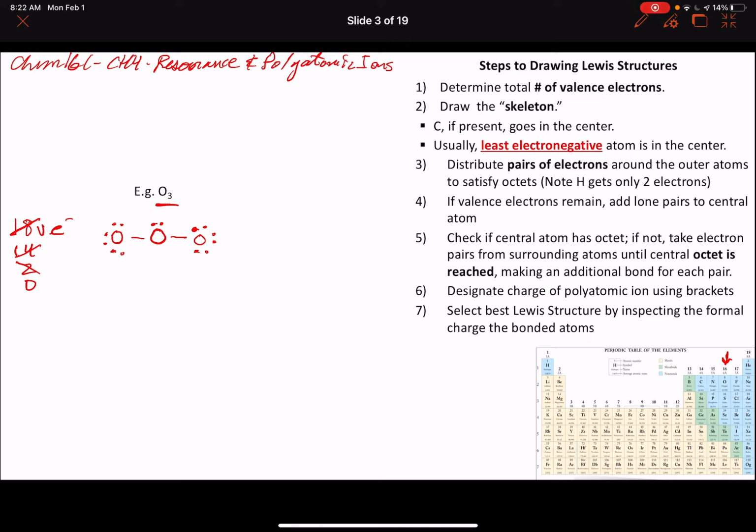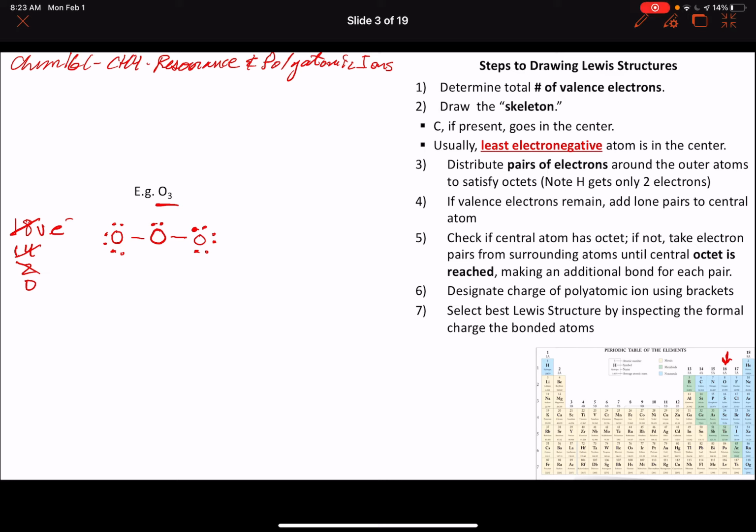And now we are at the step where we consider borrowing pairs of electrons to reach that octet. So this is step 5. It doesn't matter which one we choose. We've got oxygen at right, at left. So we've got to consider doing a borrow. So when we do this, the result will be